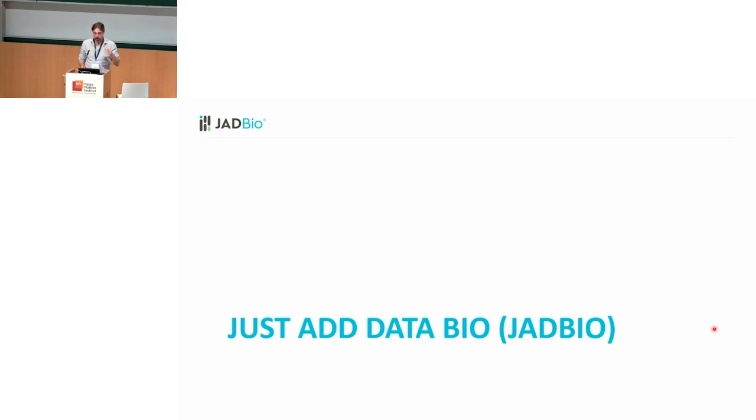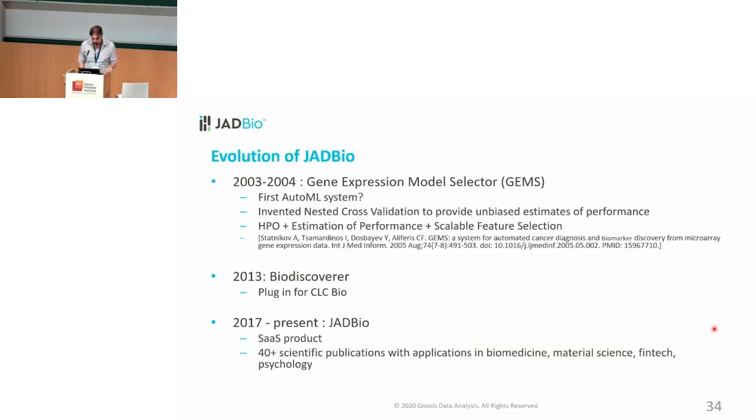You know, we created it with bioinformatics applications in mind, with tiny sample sizes and lots of features, but of course it doesn't run only there. It evolved; it's the third generation of our tool. We built the first one back in 2003, 2004, called Gene Expression Model Selector, GEMS. I think it was the first AutoML system. We also had to invent nested cross-validation to provide